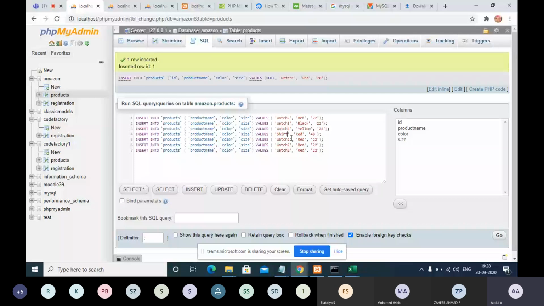Now shirt black, size is 40. Now shirt red is fine.